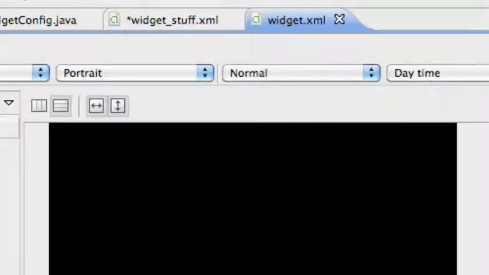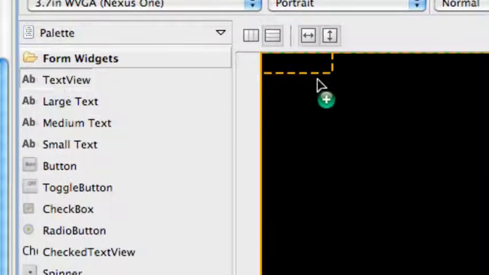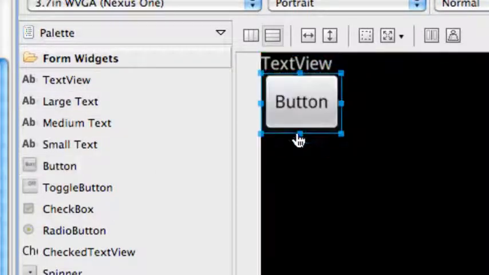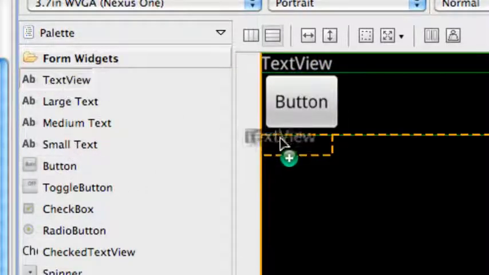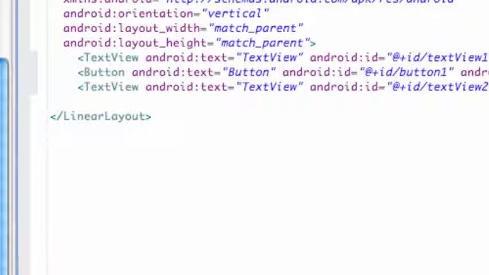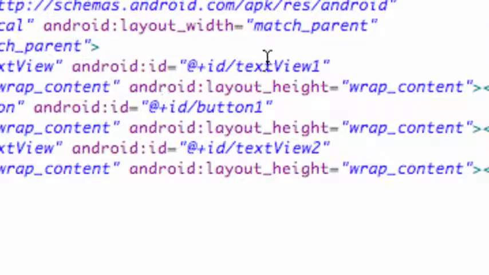and we also need to set up our actual widget. So this is the Widget XML file. All we're going to have is one text view, a button, and another text view. So again, nothing too complicated. Just make sure we have our references set the same. So we're going to call this one TV